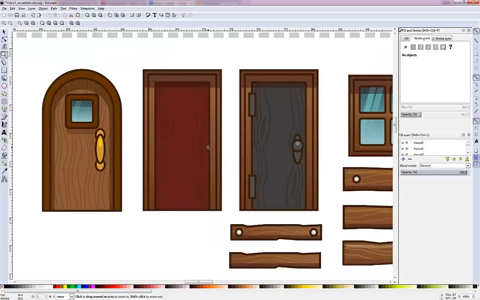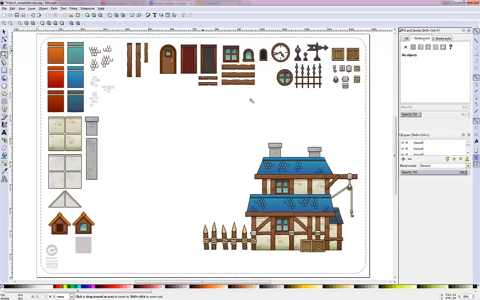If we zoom in here, using the same wood pattern put into a clip. Again, a little bit of variation there, one dark red, one petrol door. So all in all, I have a few assets that allow me to build, for example, this one that I pre-prepared. To show you how easy it is, we'll just go in